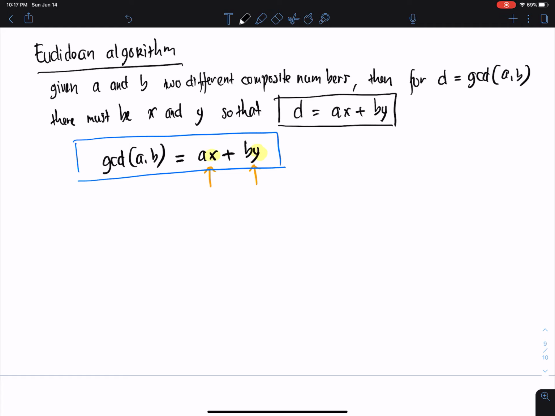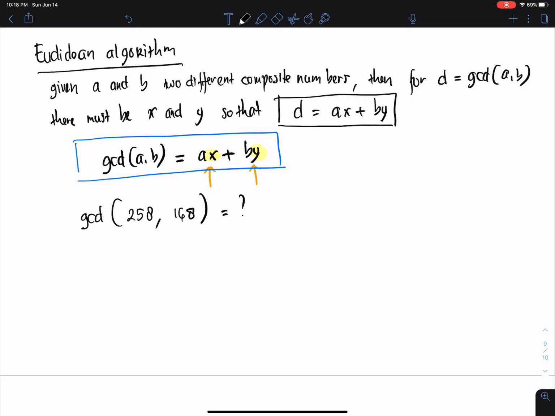Let's see, now we would like to find the GCD of 258 with, let's see, 168. All right, so what will be the GCD for this one? Of course, if we try to do the prime factorization as mentioned earlier, it will take some time, but we can try to use this method.